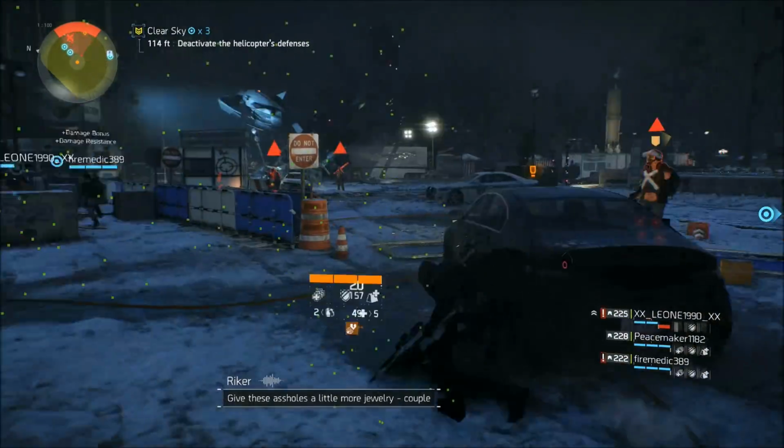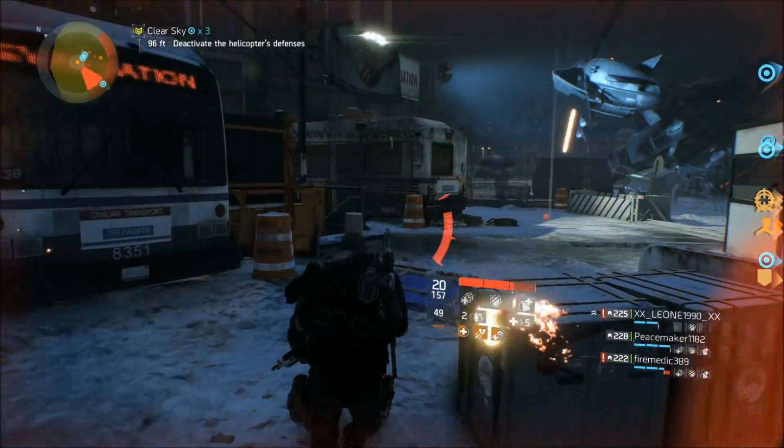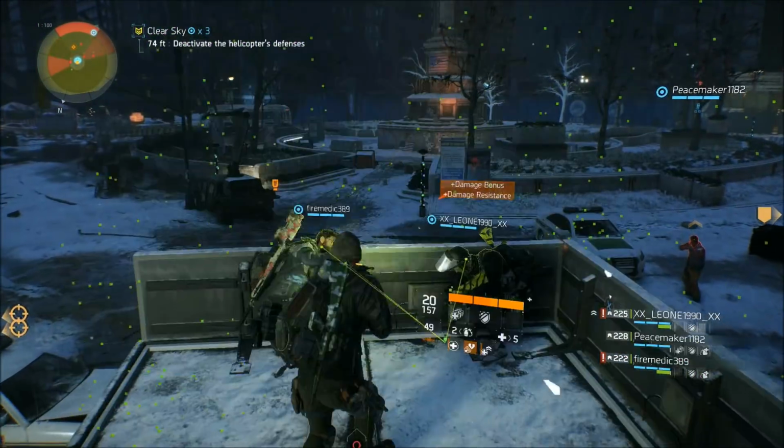side and then jump into Columbus Circle and then run along the left side of the map until they get to this little building here next to the subway. And when you get to this building, you're going to want to jump on top of it and hide behind